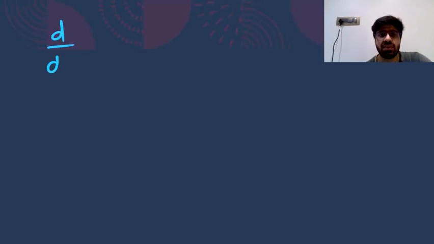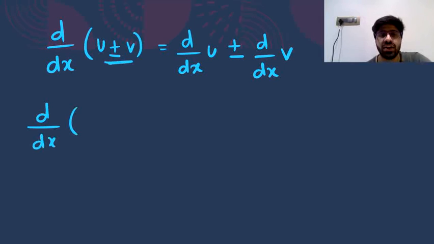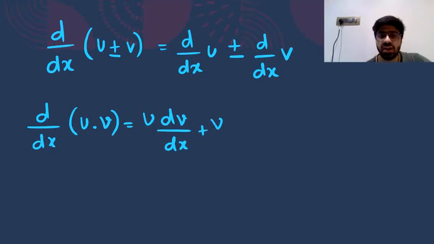Now see, say for example, you have an expression of the type derivative of u plus v or u minus v. In both these cases, you can split the derivative and write it as d by dx of u plus or minus whatever you have, d by dx of v. But in case the two functions which you are given are not getting added or subtracted, but they are getting multiplied, that is derivative of u into v is what you have, then in these circumstances you write the expansion for this as u into derivative of v